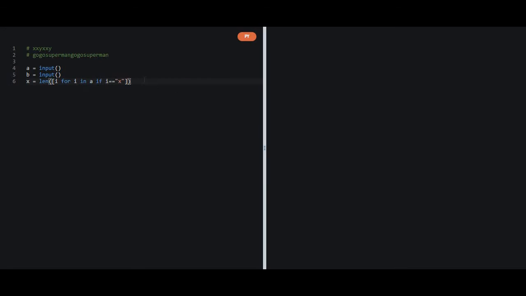So our x variable will have how many x's we have in the a variable, and we will have our y variable containing how many y's are there in our a variable.